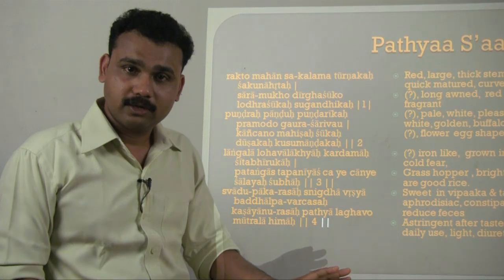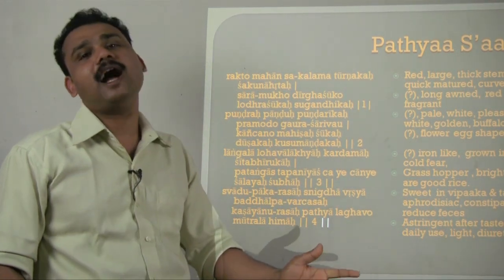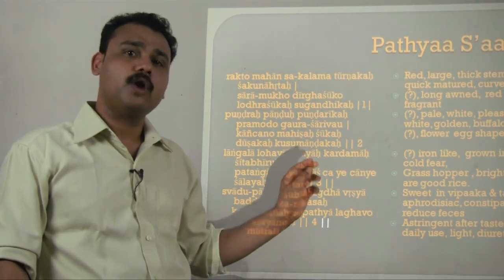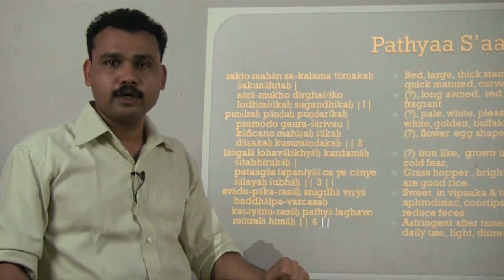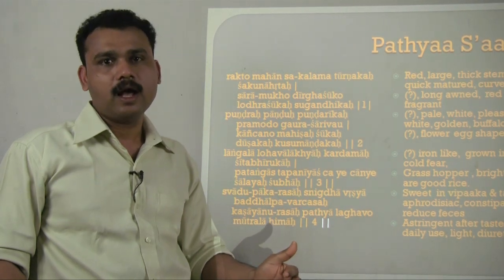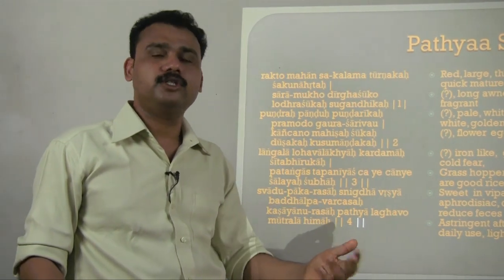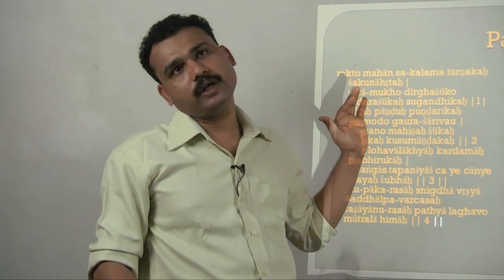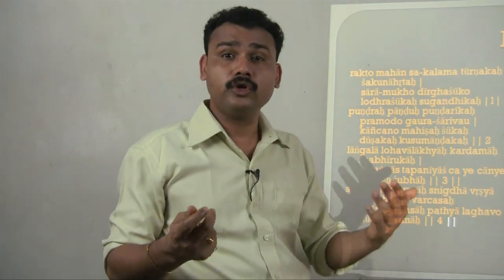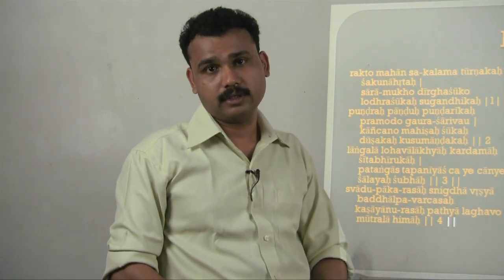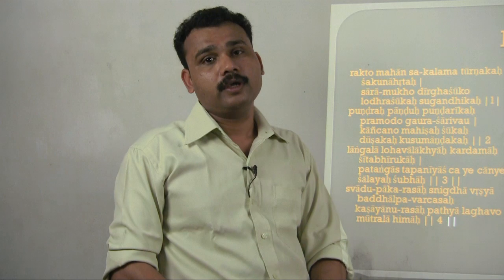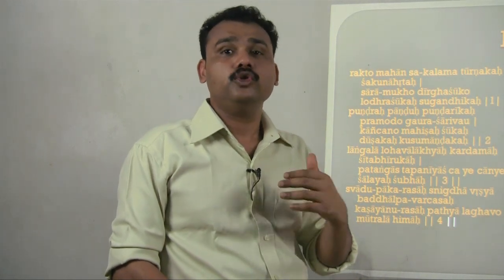That means, to be very frank, we have lost the identity of the grains, the rice grains, what is being explained here. So this is an interesting area of the science. Now, how are you going to handle this topic? The species that Vagbhata is explaining here, if you don't know what he is speaking about, or if you don't know the species identity,